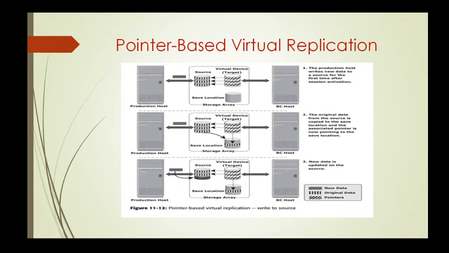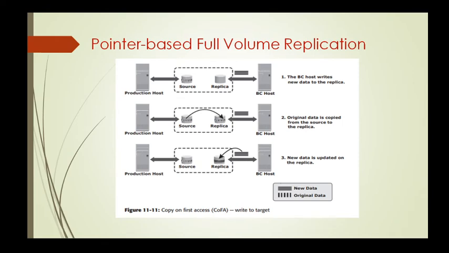In case the replication session is terminated, the target device has only the data that was accessed until the termination, not the entire contents of the source at the point in time copy of the data. In this case, the data on the target cannot be used for restore because it is not a full replica of the source. In full copy mode, all the data from the source is copied to the target in the background, so data is copied regardless of access. If access to a block that has not yet been copied to the target is required, this block is preferentially copied to the target.